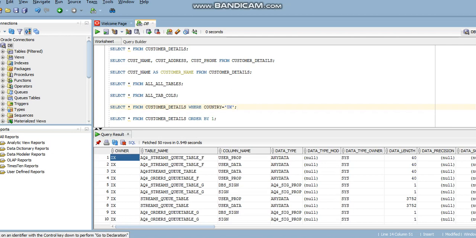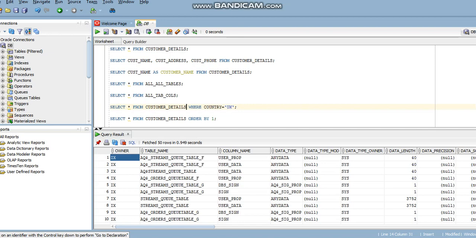We need to write a select query by specifying the expected condition, like I have written over here: select star from customer details where country equal UK. So we are trying to retrieve all the customer details for customers who belong to the country code UK.